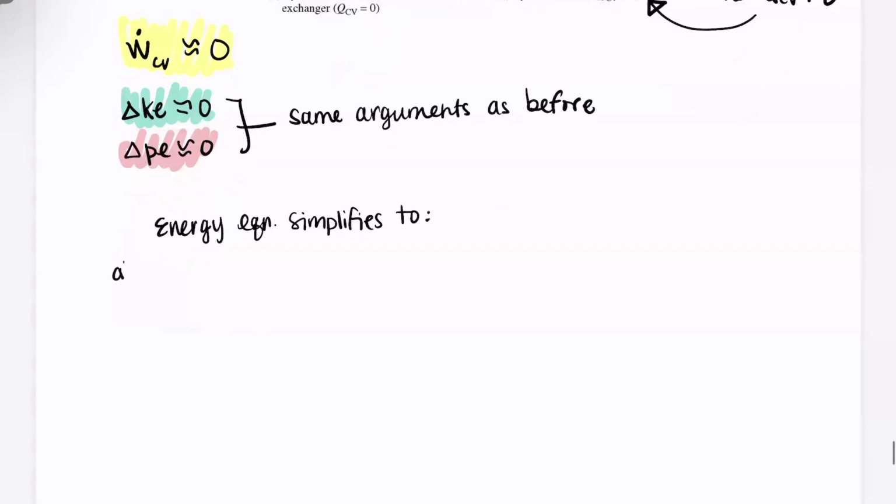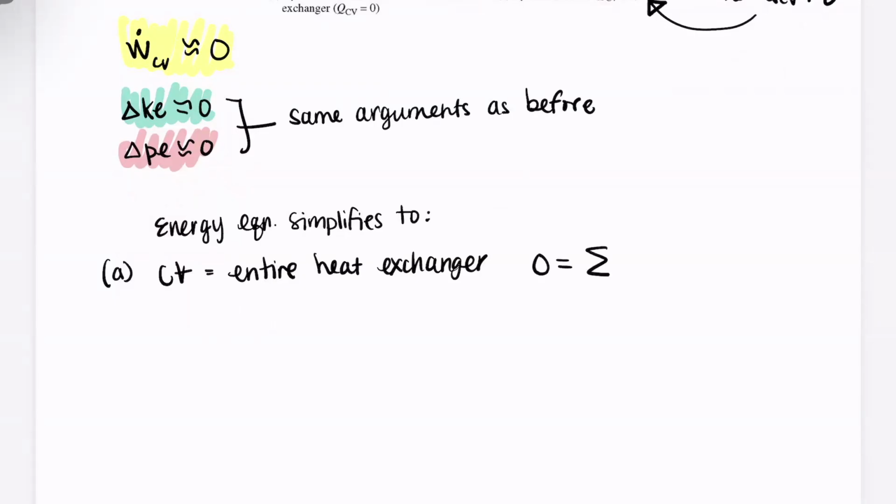So there's two circumstances, right? So if the control volume is the entire heat exchanger, we can get rid of that Q dot term. So we just have that 0 is equal to the sum of m dot I hi minus the sum of m dot E he. And in scenario number 2,